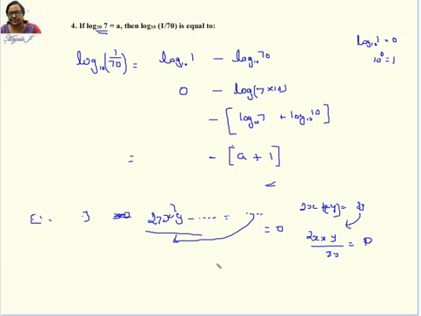Equation doesn't mean that you should always equate that to 0, unless otherwise they mention 0 there. Okay, so that is one mistake in the algebra. You just go through that. And then the second one more mistake which many of you have done is you have the final answer as